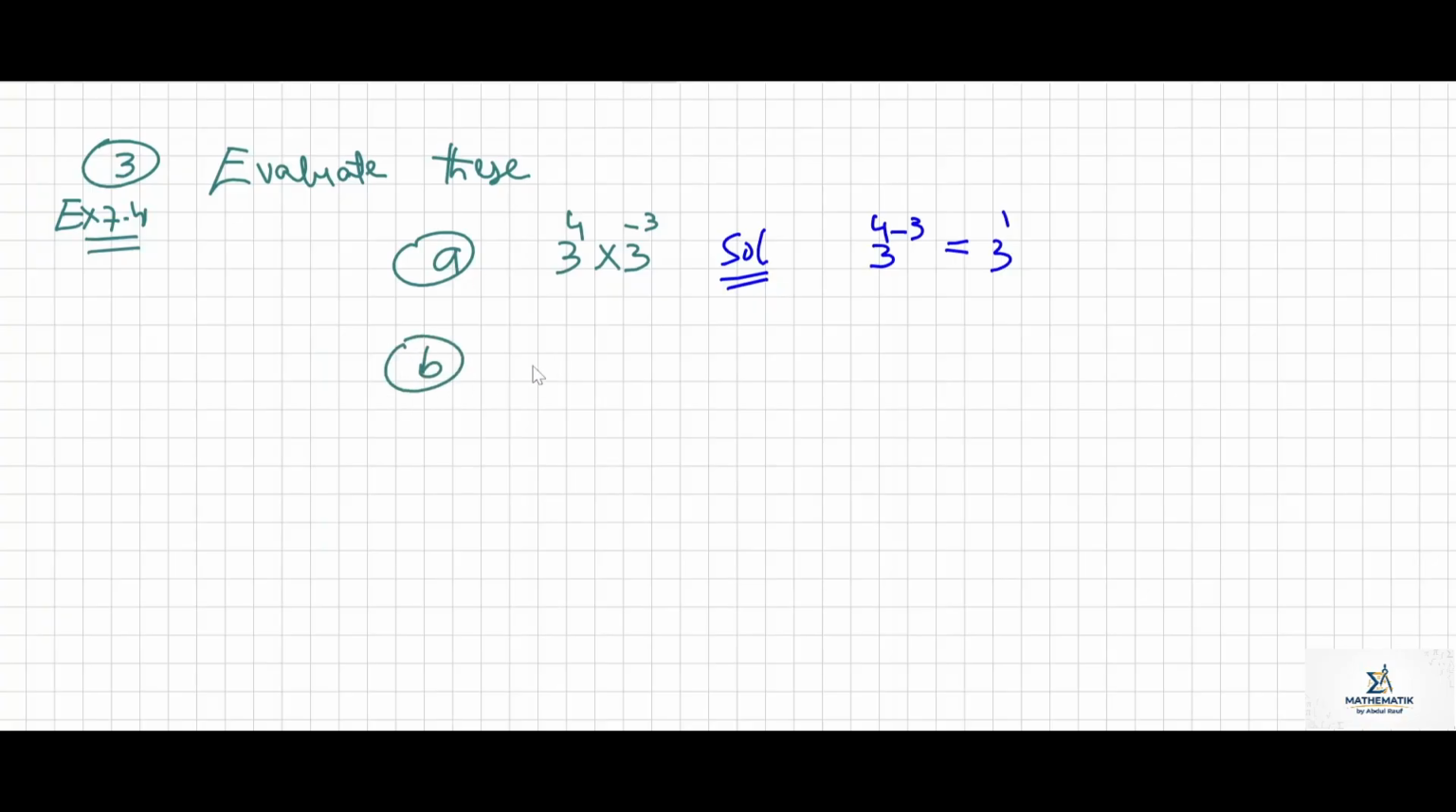B: 6 raised to 8 into 6 raised to negative 6. The solution for this is 6 raised to 8 minus 6. So 6 raised to 2, it's just 36. 3 raised to 1, it becomes just